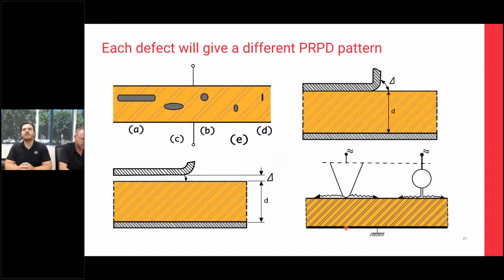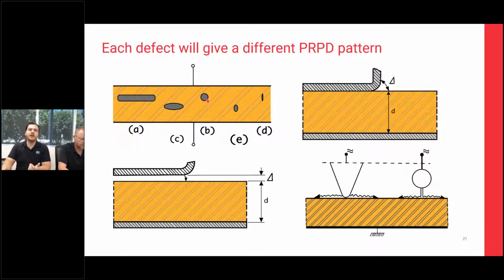The other really interesting thing about PD and the phase plots in general is that every phase plot will end up being relatively unique. Whilst they do follow certain patterns and certain trends, you'll find that every different shape of void, where it's located within the insulation, they will all give you a slightly unique phase plot. So you never should really see the same thing twice,